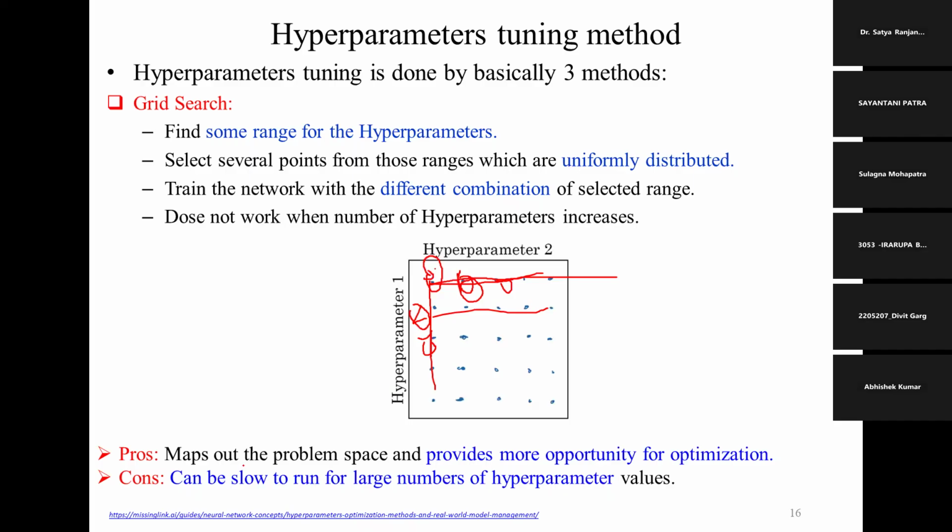So what is the grid search? The pro is that it maps out the problem space and provides more opportunity for optimization, because you keep one parameter constant while changing the other parameters. But the disadvantage is that it can be slow for a large number of hyperparameters. Two hyperparameters is easy, but let's say we have 8 to 10 hyperparameters. At that time, every hyperparameter